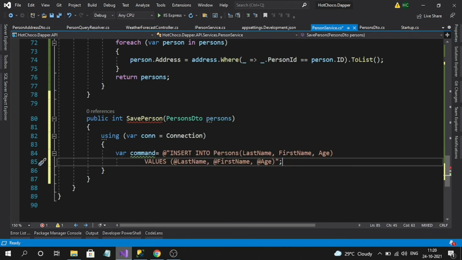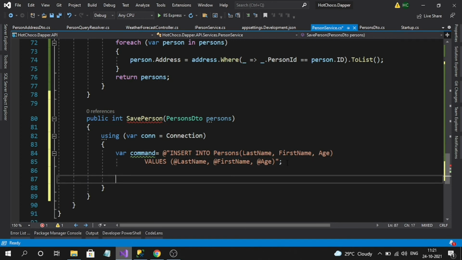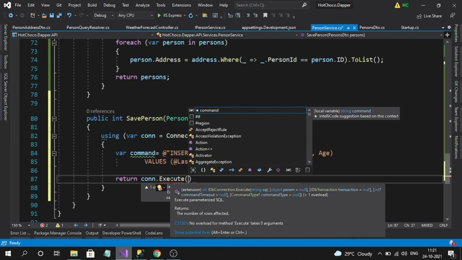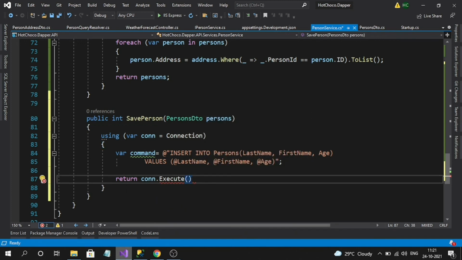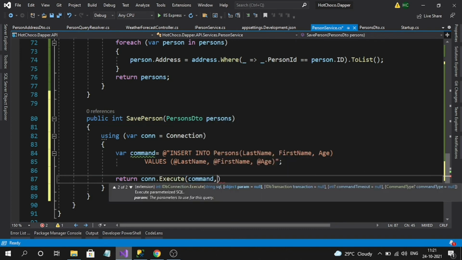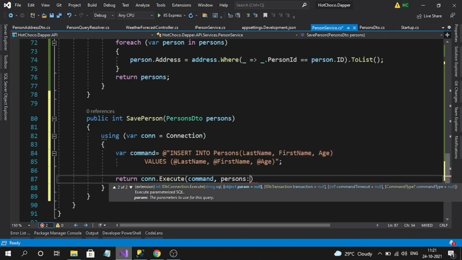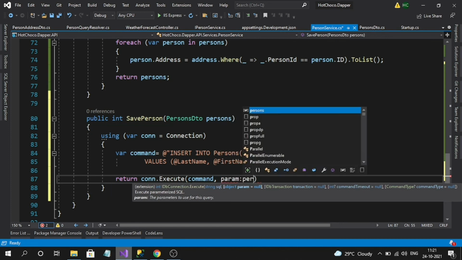So this is my query. I'm just inserting my data into the person's values. Here I can use function dot execute. If you hover here, execute will return a numeric value, 1 for insert, 0 for not inserted. Here I can pass my command, and for params I can simply pass my person object.